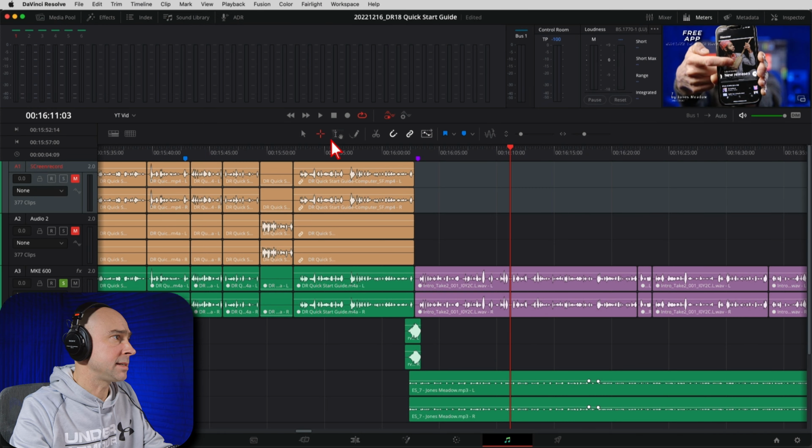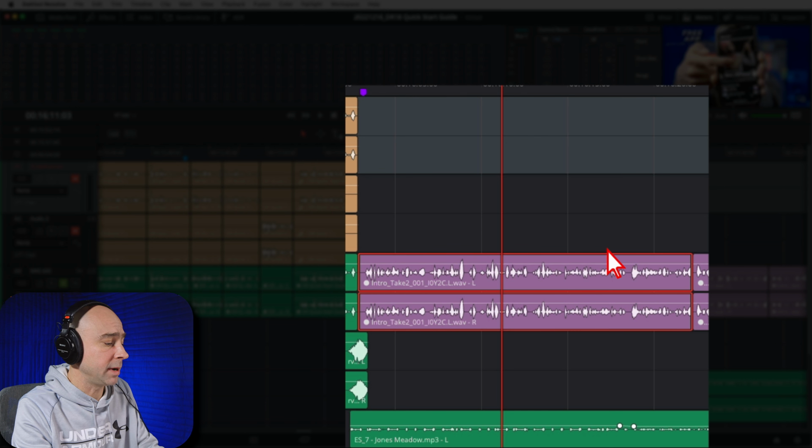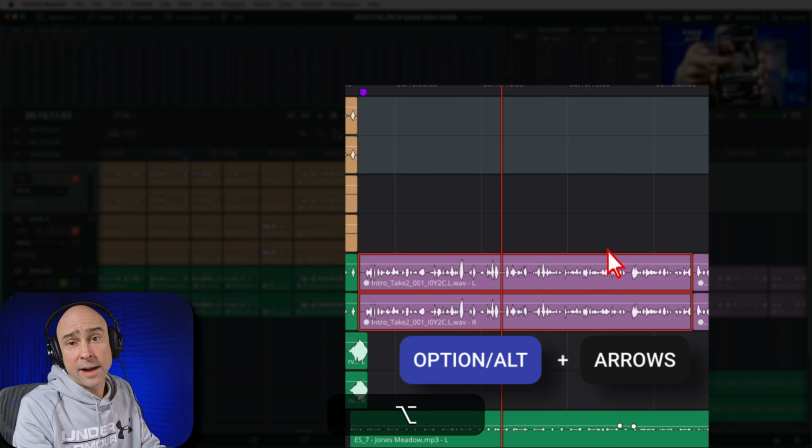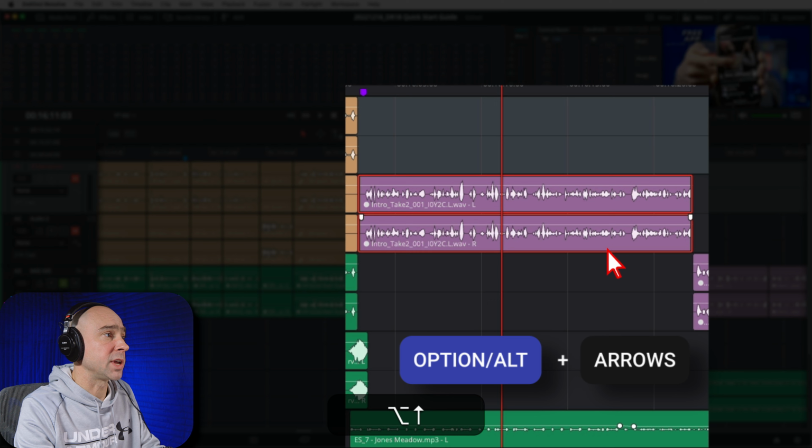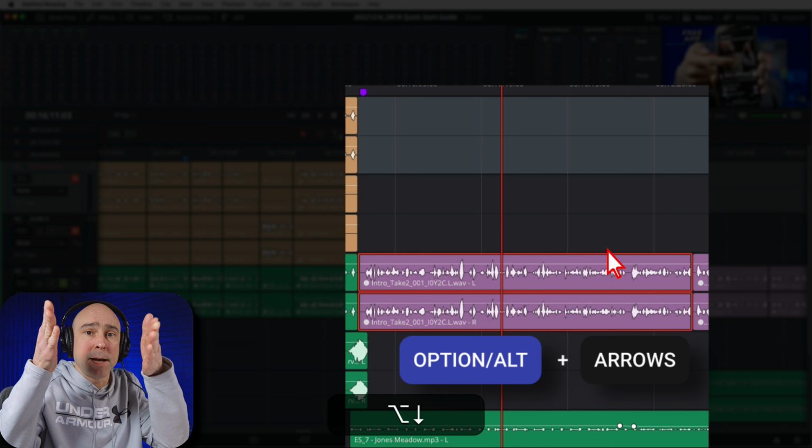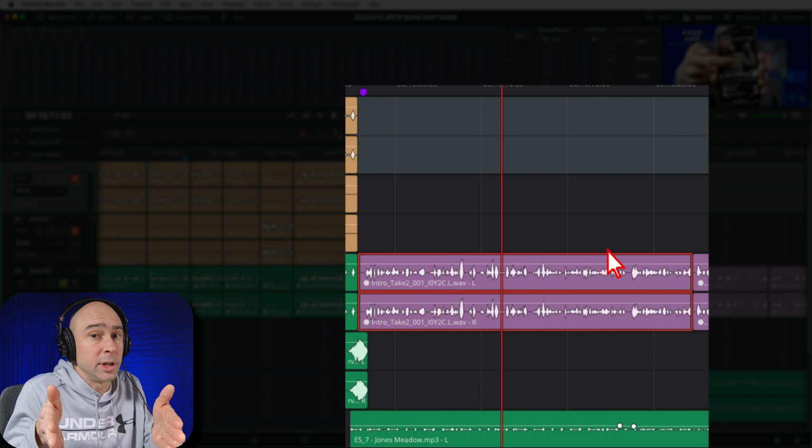Tip number four here is moving tracks up and down vertically on a timeline using some keyboard shortcuts. So let's say in my timeline here in Fairlight, I'm going to select my clip and I need to move it up or down a track. Well, I can do that real easy by just holding my Option or Alt key after I select my clip and using my arrow keys. And then I can just move it straight up and straight down and really just move it to whatever track